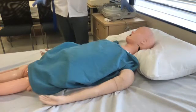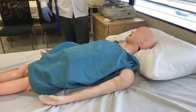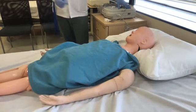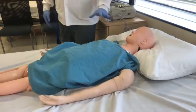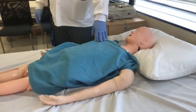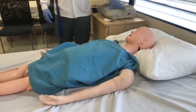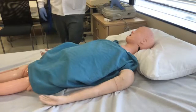EKGs now get hooked up to the internet, so you don't have to put in all the data. You just put in a number or scan it, and everything pops in. But if we're in a mom and pop shop, in a free clinic, and I'm using this bad boy, which is older than my youngest child,